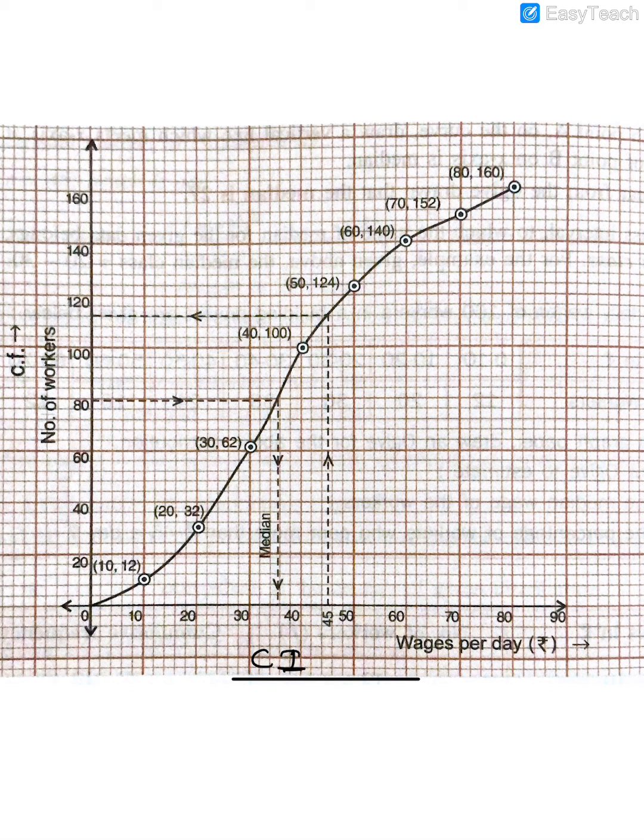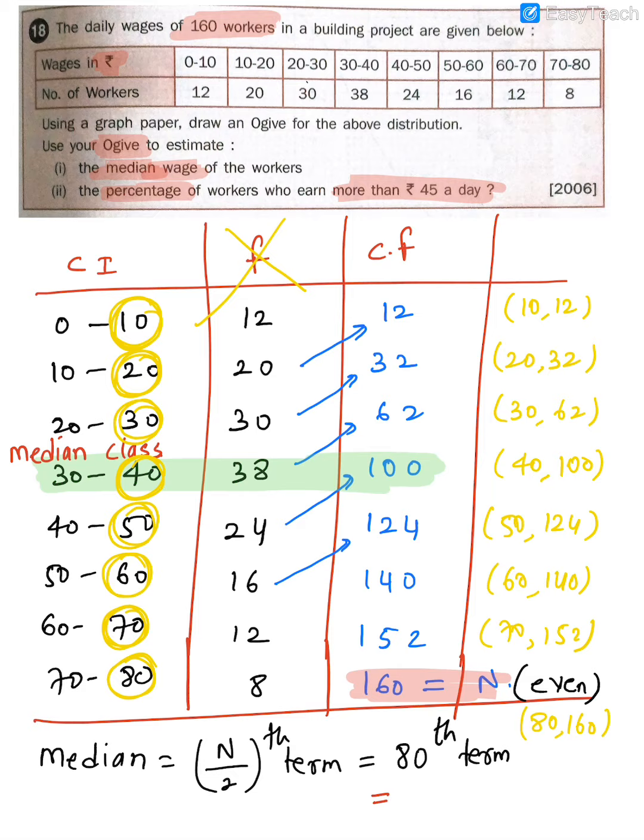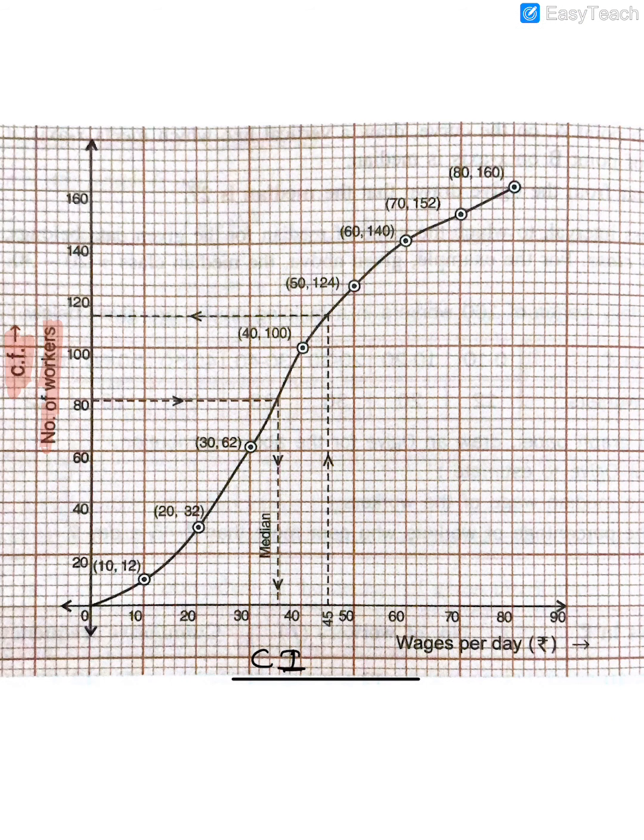class interval. And you notice over here, they have given it as CF. What do you mean by CF? Cumulative frequency. That's the number of workers. Remember, there is no frequency, there is always a cumulative frequency. Now, what was the first number? Do you remember which I told you here? 10, 12. So you have to go to 10 and mark it on this number, which is approximately 12.